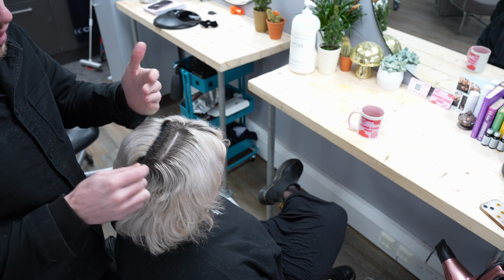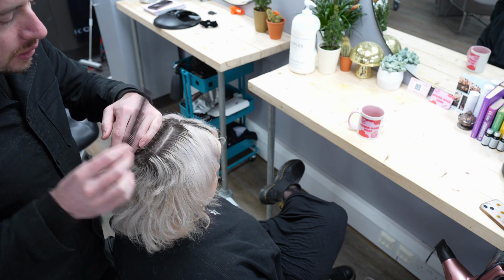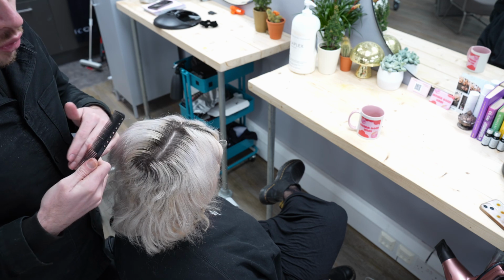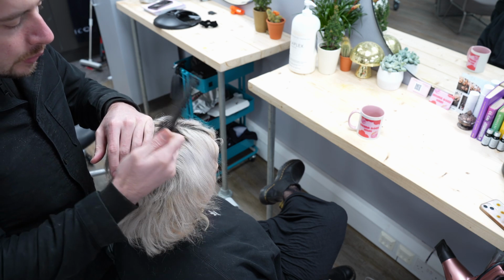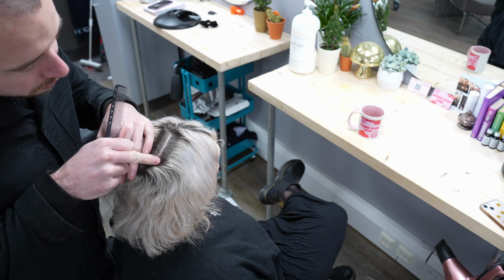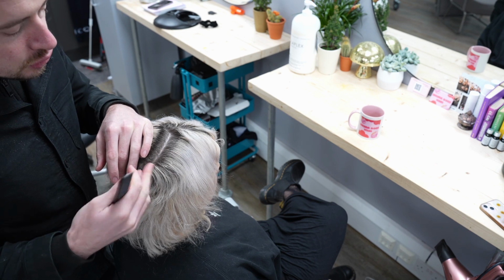At some point, Shona will definitely want to go back lighter when her hair's recovered and grown back, etc. So lightening the base is ultimately more of a long-term game for me. Thinking about the future of Shona's hair, rather than just saying, well, we could drop a level 6 on there, and yes, it will cover it. I think if we drop a level 6 copper on there, we'll still potentially in the future run ourselves into